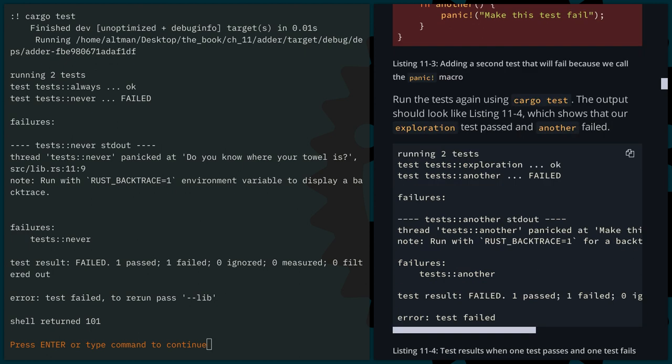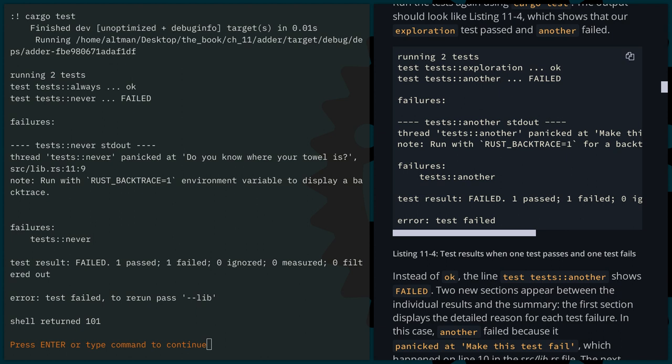Instead of ok, the line test tests::another